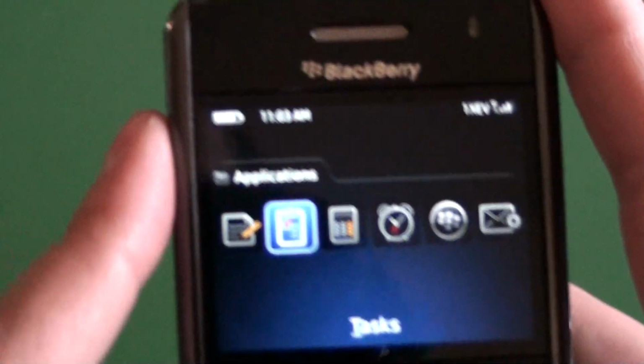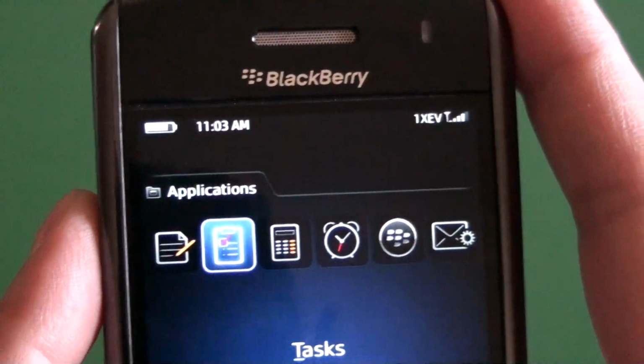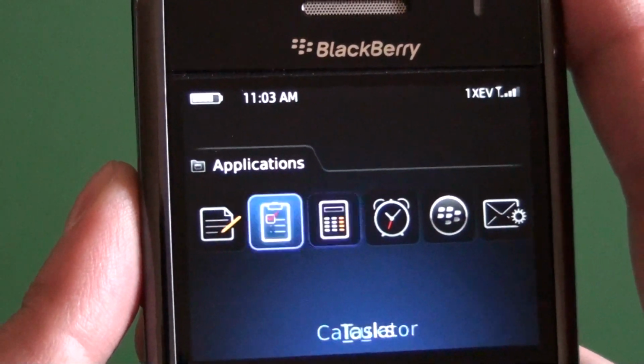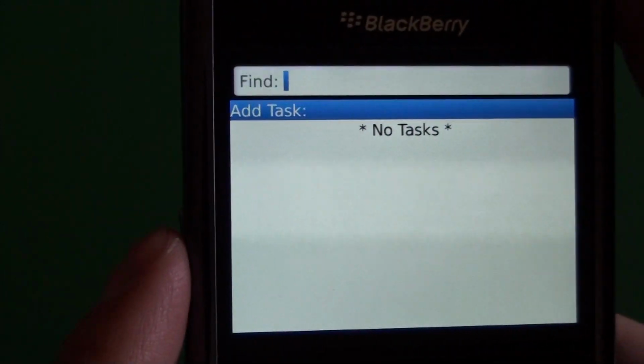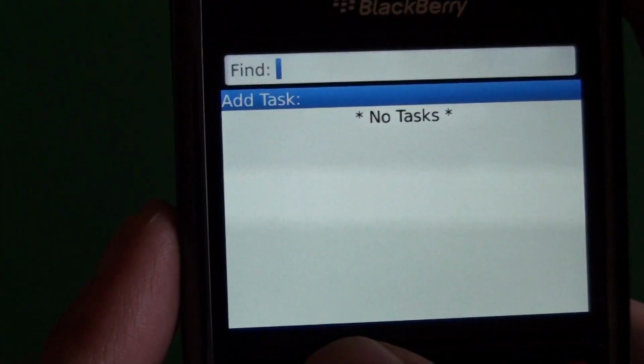I'm going to take a quick look at the native Tasks application for BlackBerry smartphones. It's one of the many applications that comes pre-installed on all devices. A lot of people don't use it, a lot of people swear by it, so we're just going to take a quick look and see what it has to offer. It's really a no-frills application. There's not really a whole lot going on or anything to master about it, but once you fire it up,